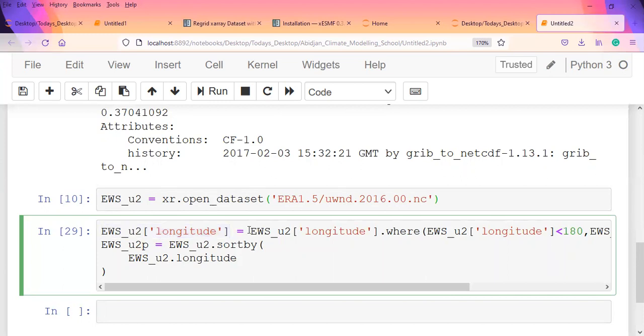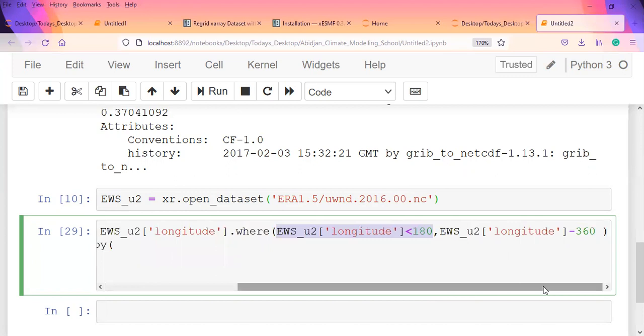then reassign it to the same longitude, but this time making use of the where argument: wherever the longitudes are less than 180, they are kept, and otherwise the alternative would have been None, that would have been the default. But since we want to place new values for the alternative, we set the alternative values. So the ones that do not fall under less than 180, which are the ones above 180,